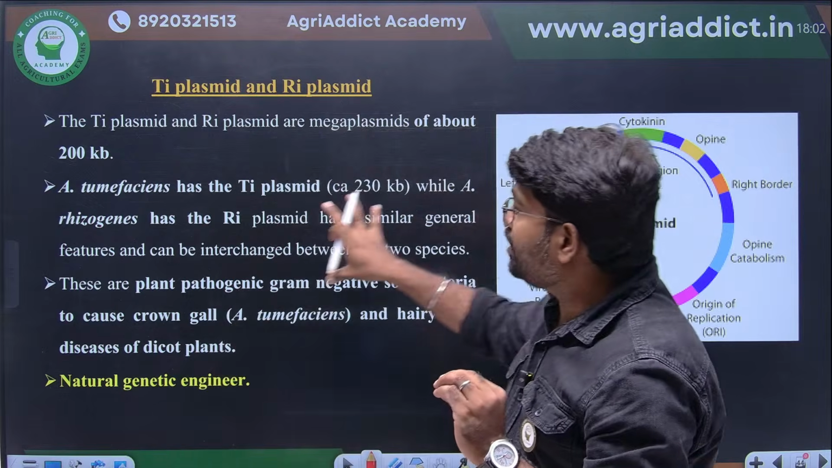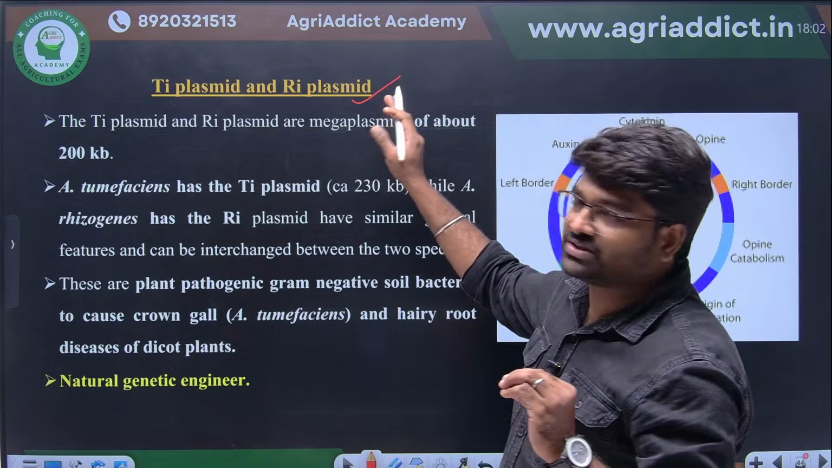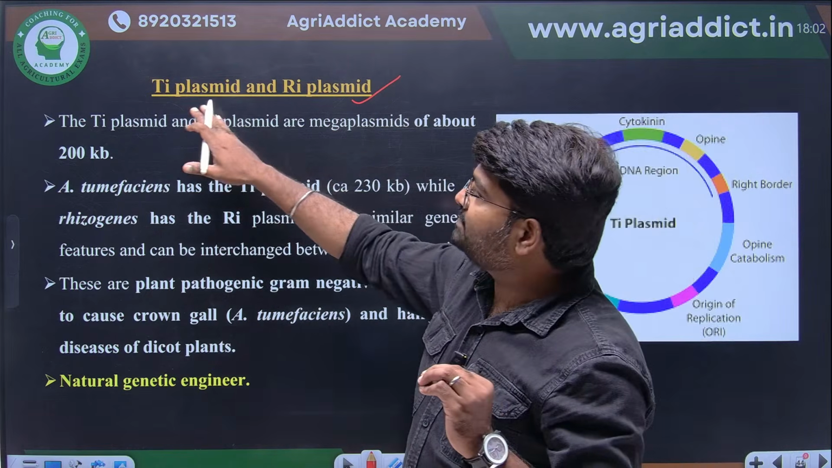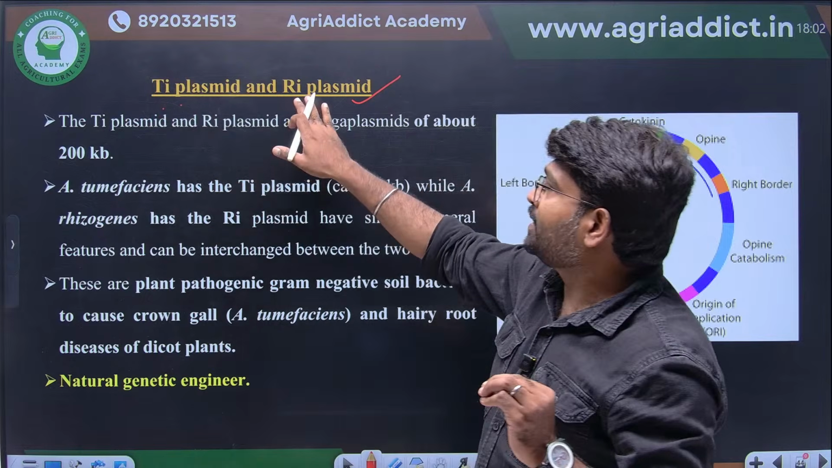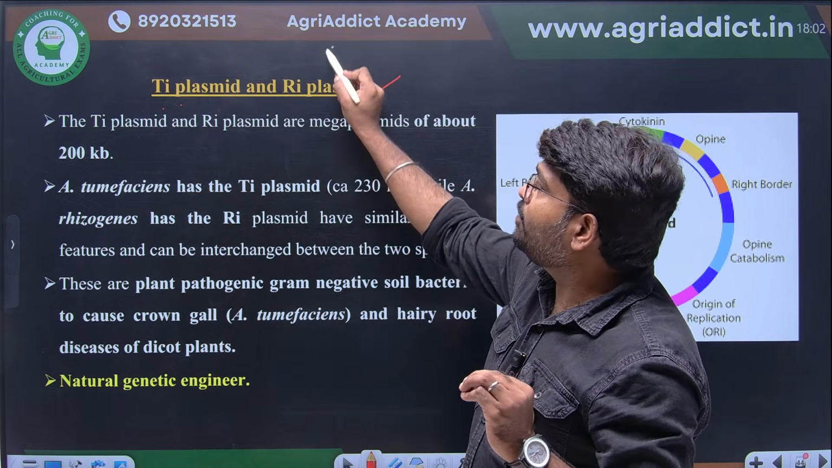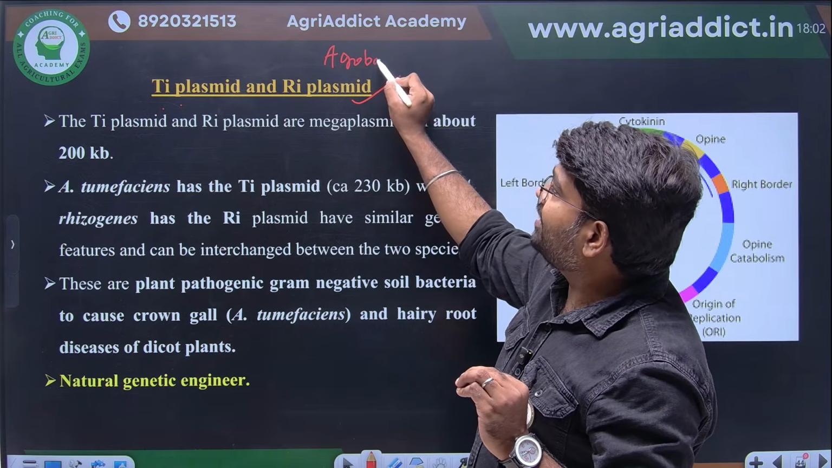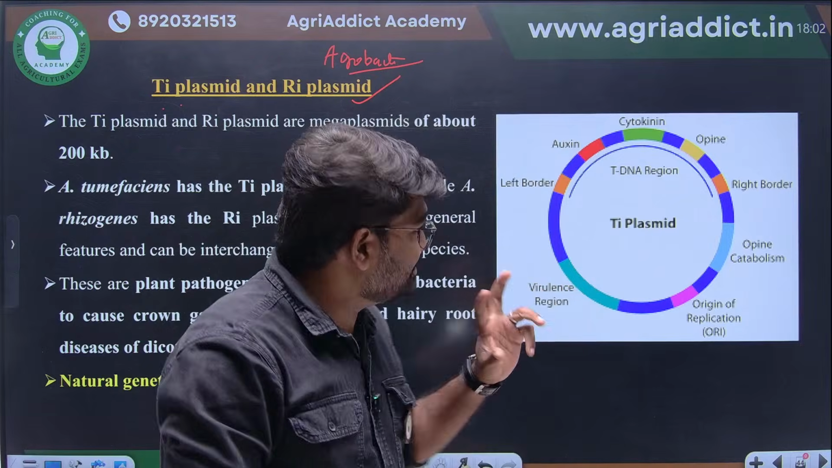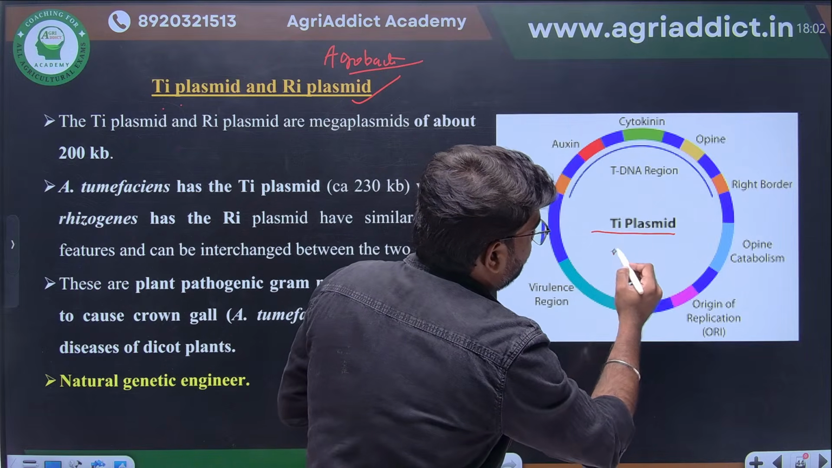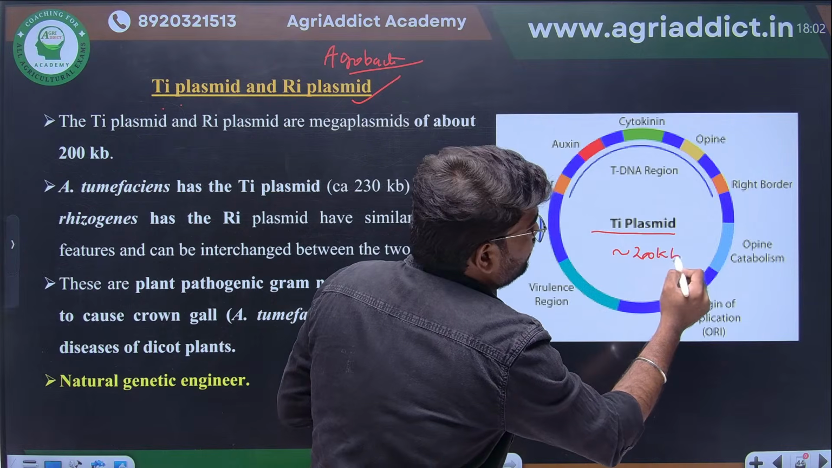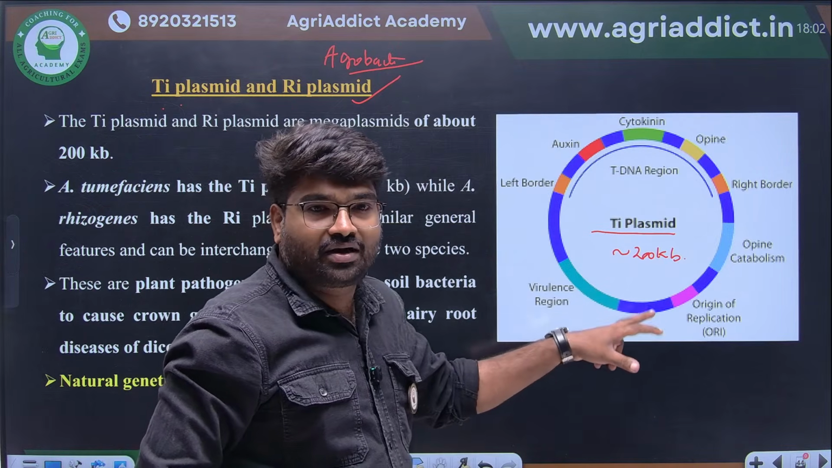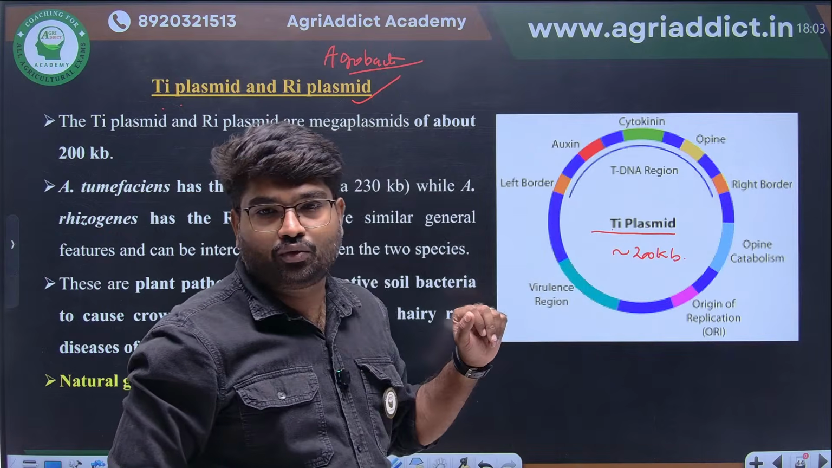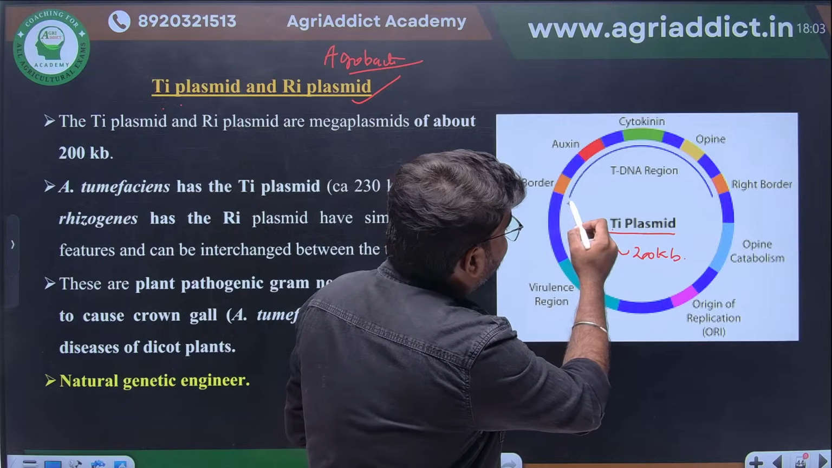Before going to that, we will see a brief introduction about Ti plasmid and Ri plasmid. We know this Ti plasmid, tumor inducing plasmid, and Ri plasmid will be present in Agrobacterium. The key question they will ask from this is, what is the size of this Ti plasmid? It will be approximately 200 kb. This is the most important thing you have to remember. The size of the Ti plasmid is approximately 200 kb, but the